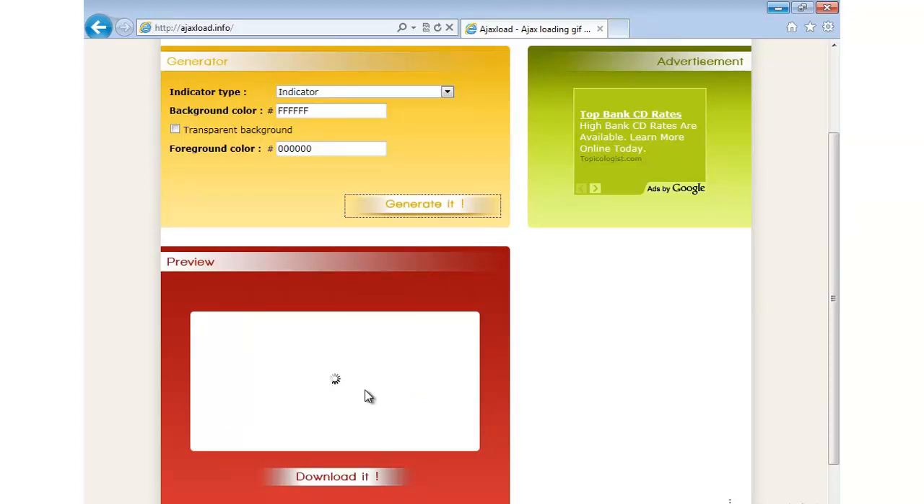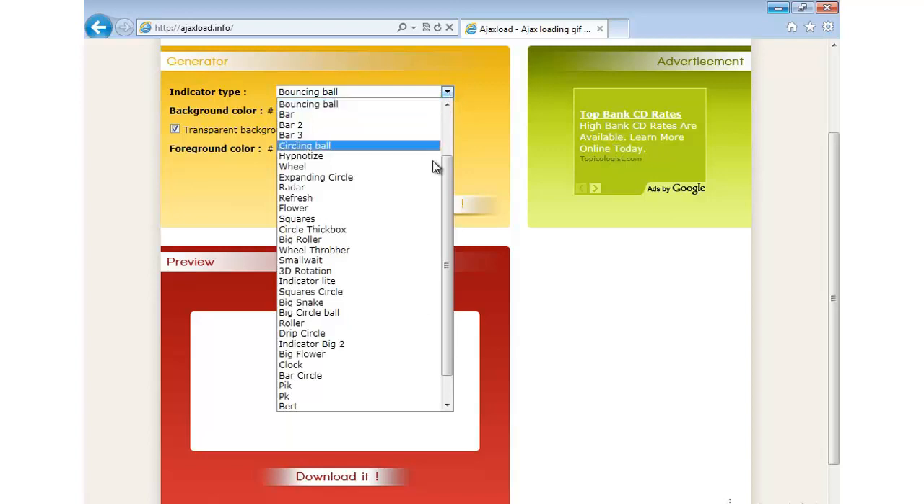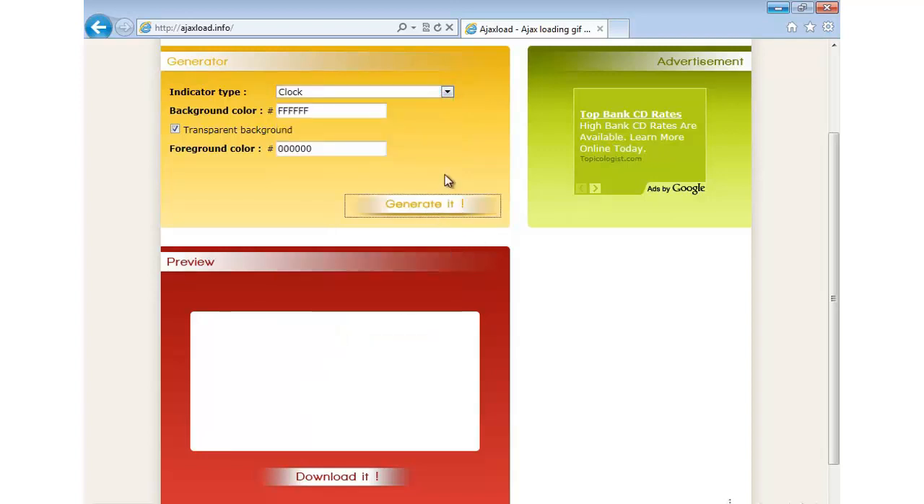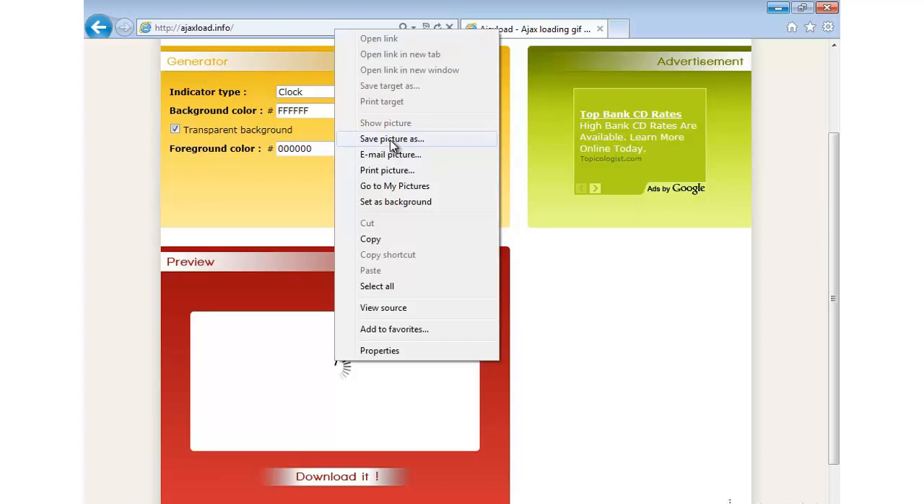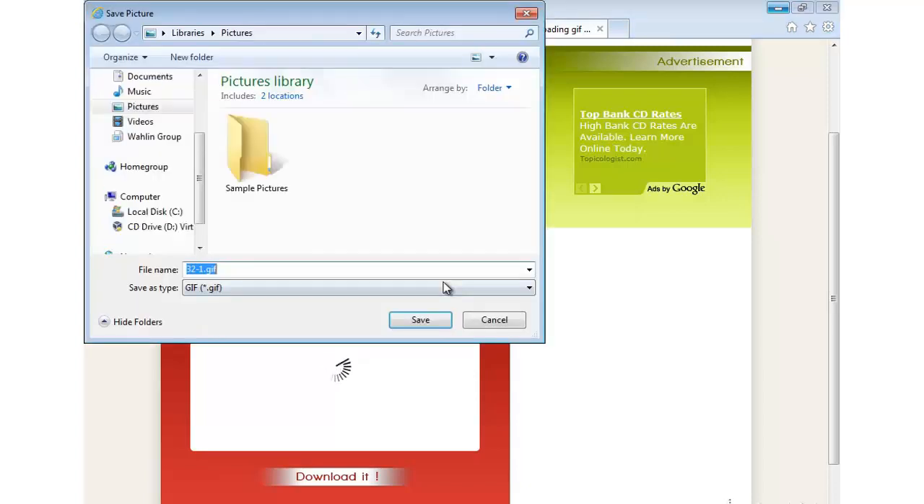Now again, it doesn't actually monitor how long it's really taking. It's just a visual indication of what's going on. We could put it on a transparent background and make it so it works on different things. So we could do bouncing balls, and there's just a lot of different settings you can do here. So here's kind of a clock. That looks pretty nice. So now I can right click and we can save picture as,